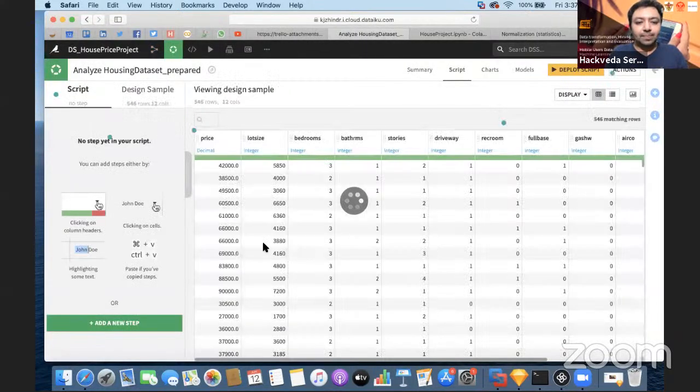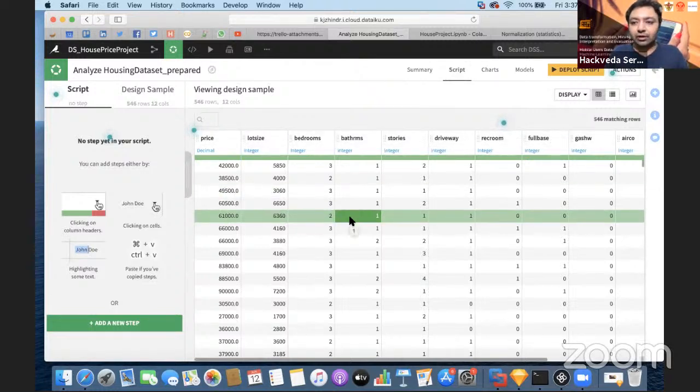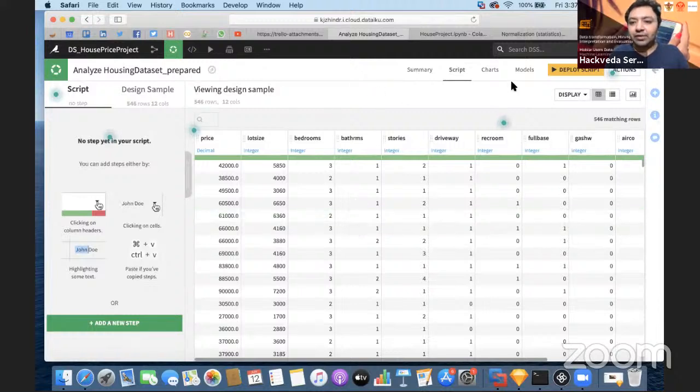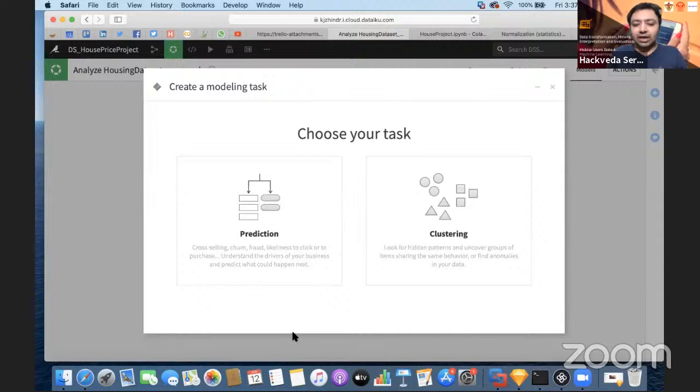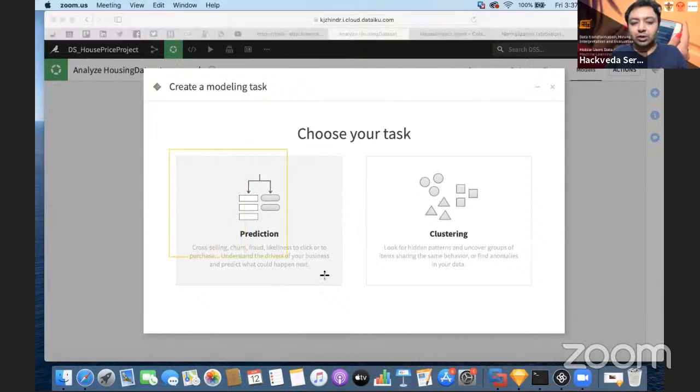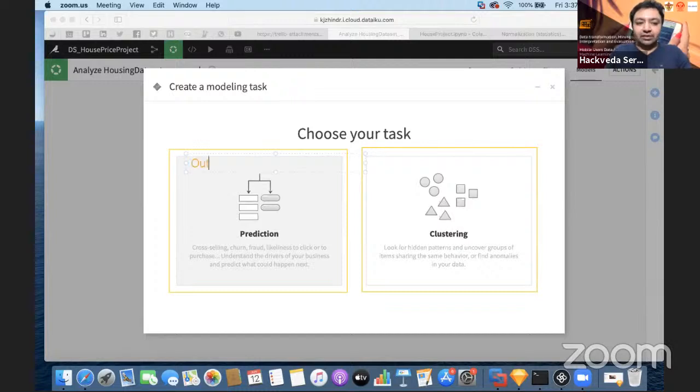Once you click on create, you're going to get price, lot size, bedrooms, bathrooms, stories, driveway, and all those values available over here. But we have to prepare the models. So we go to the models at the top, and we are going to create the first model. In order to create the first model, it will ask us what we want: do you want to perform prediction, or do you want to perform clustering so as to identify the patterns? How do we identify? Whenever our outcome, or the dependent variable, is a number, continuous, or a quantity,